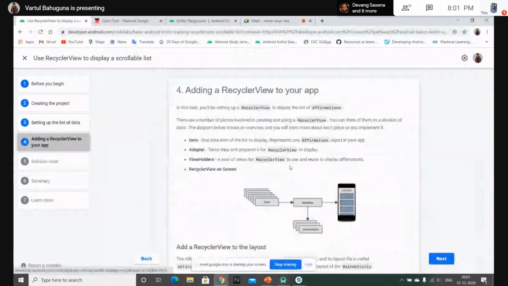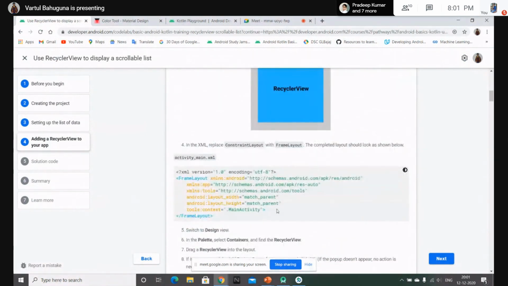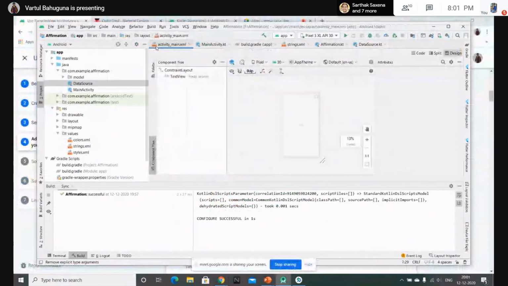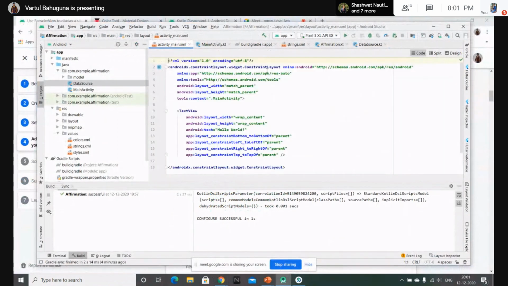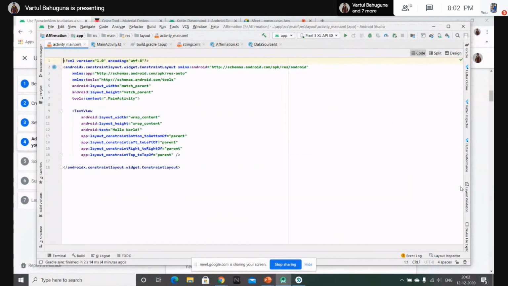Now adding a RecyclerView. As I told you, RecyclerView is something that we use to display our data in list format. Since we were using only RecyclerView, the constraint layout that we were using is for when we need to add a lot of views in it. Like in the last Codelab, we added a lot of radio buttons and switch buttons and text views and edit text. So we were using constraint layout because our views were becoming more and more complex.